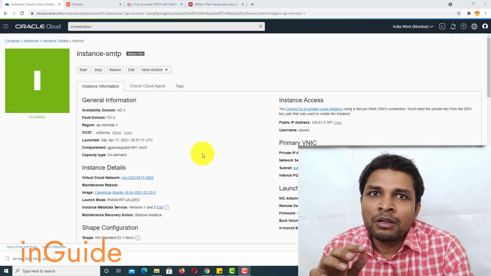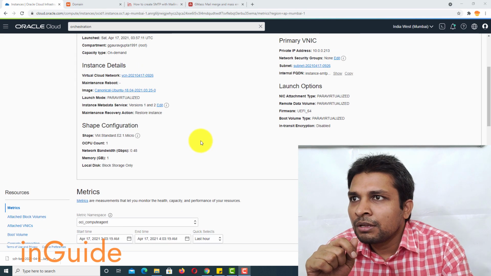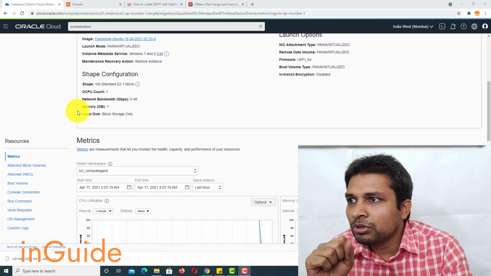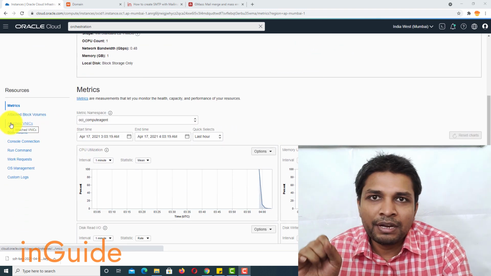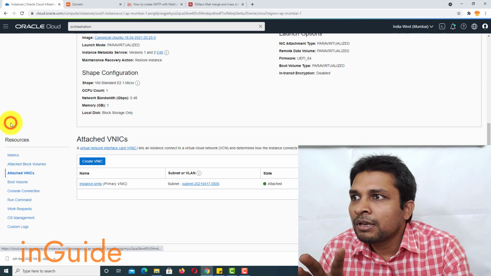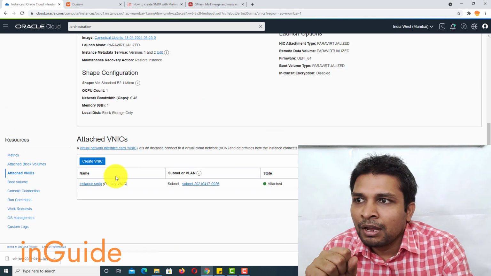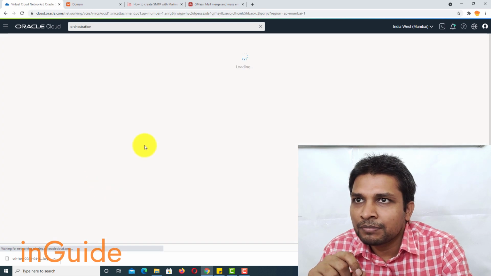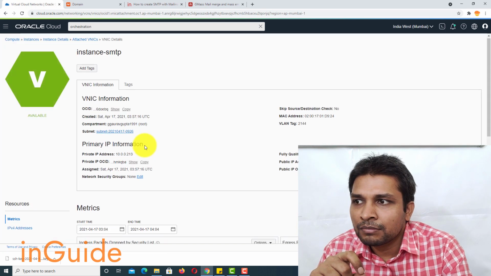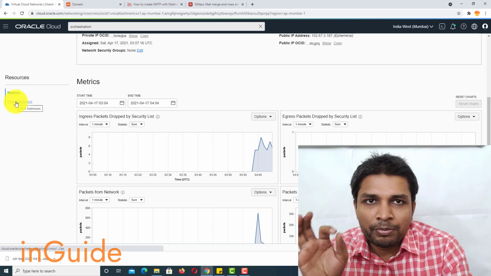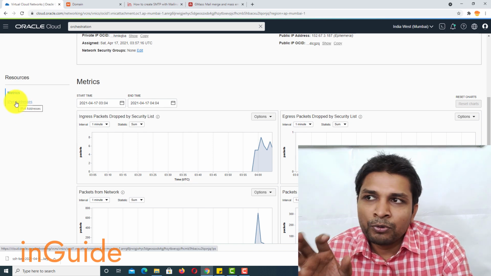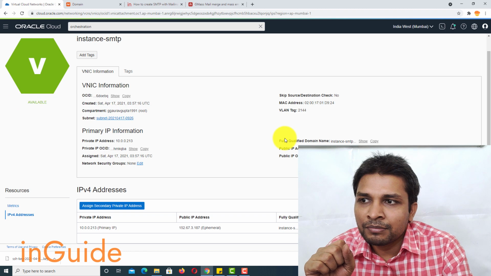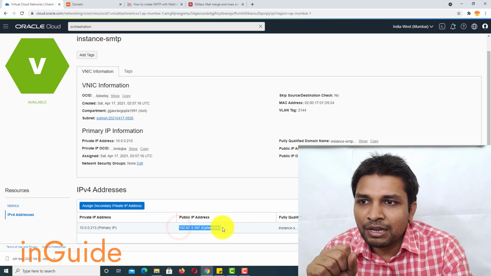Now on this page you have to scroll down, and here you will find attached VNICs. Click on that and then click on the instance SMTP. Now here you will find IPv4 addresses. Click on that, and now you can see this IP. This is the public IP address, and this IP